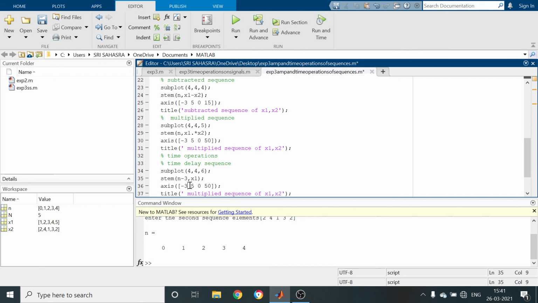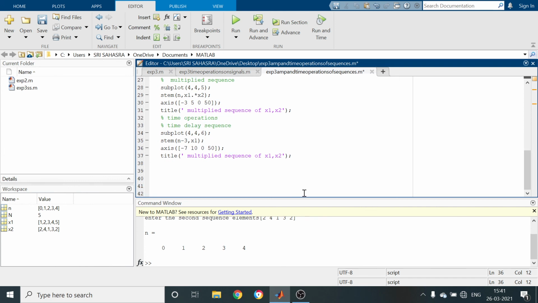So for this one I am writing minus 7 to 7 or minus 7 to 10 time axis. Whereas here I have to write delayed sequence of x1.